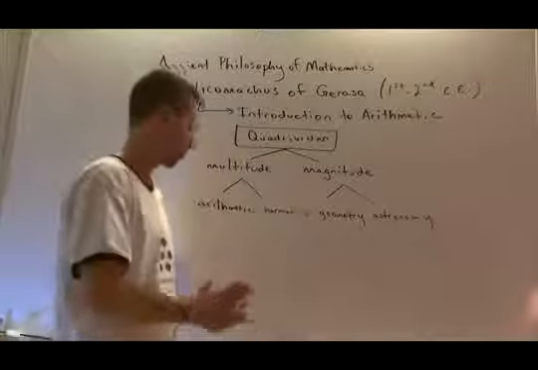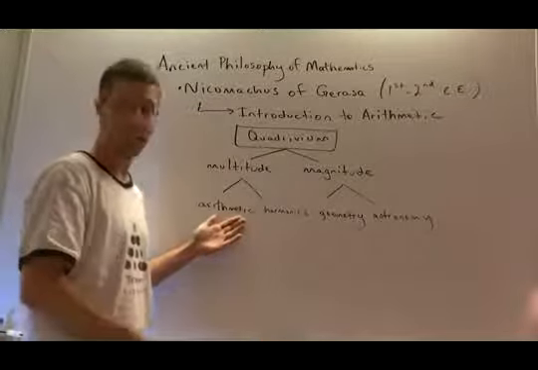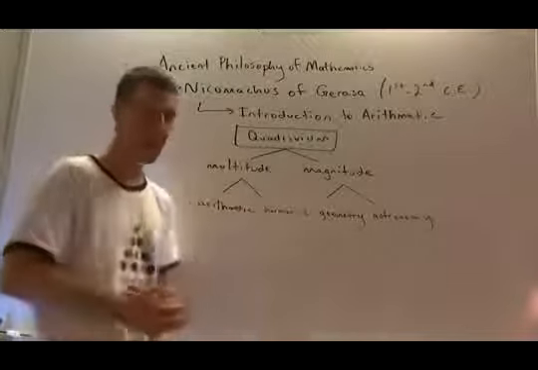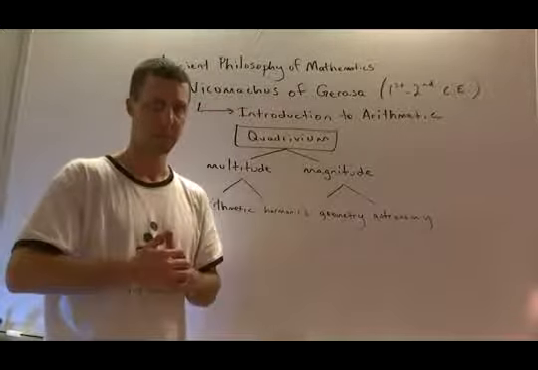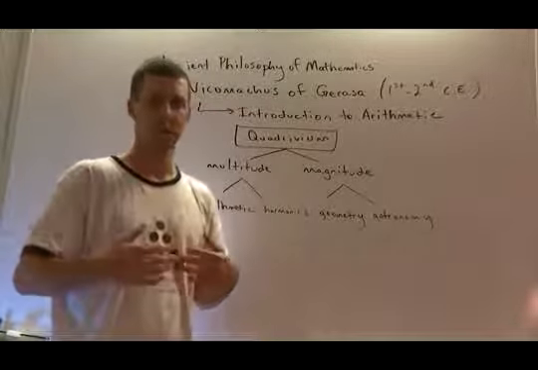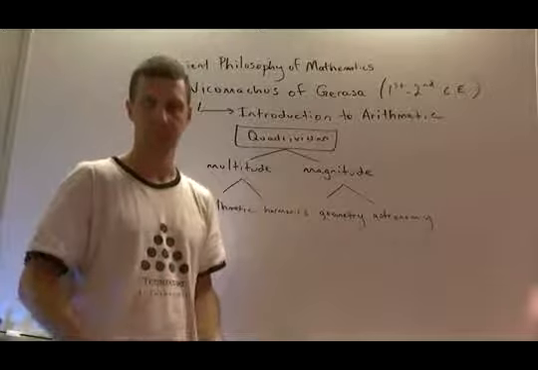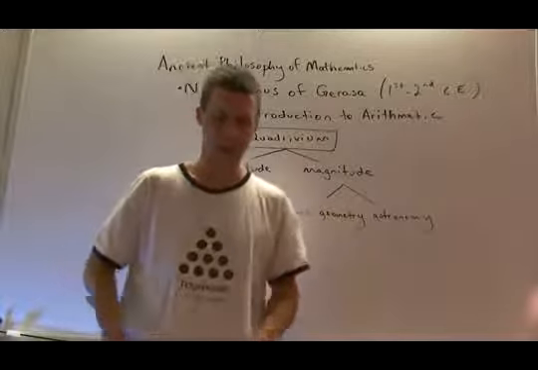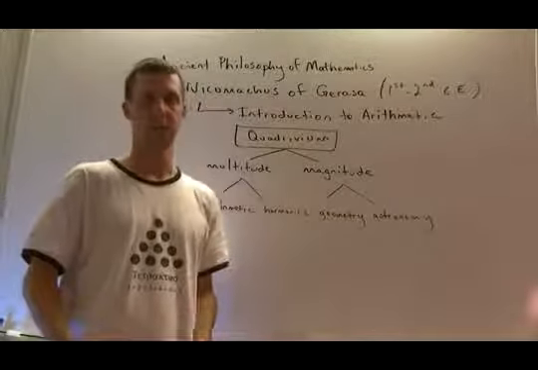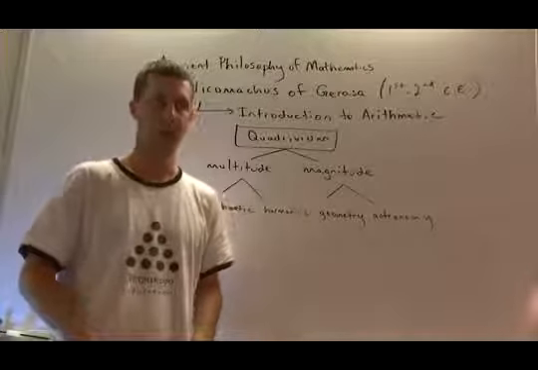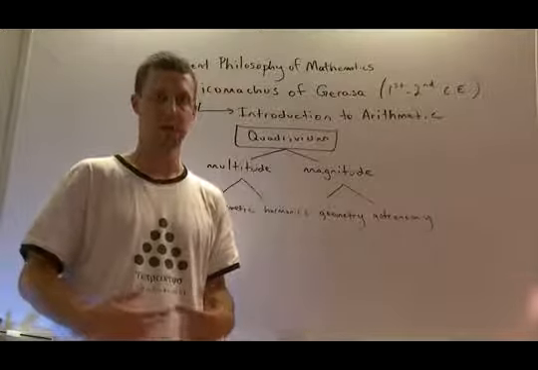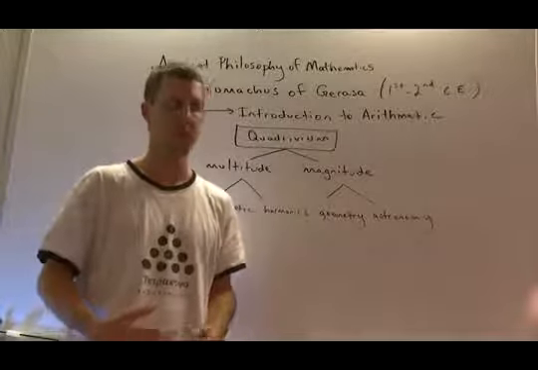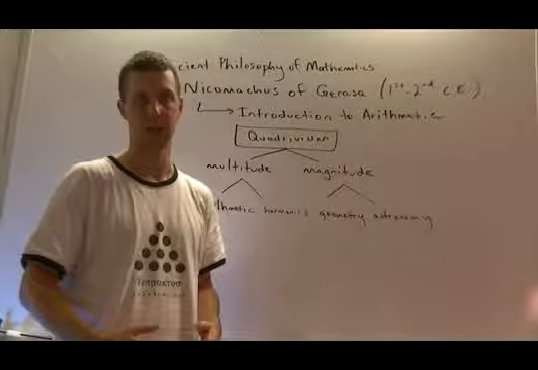So in the next video, we're going to be looking at arithmetic. It is the beginning study in the Quadrivium, and I'm going to be describing the number symbolism of the monad through the decad, which is shown here as the tetractys, and show you how you can begin to meditate with numbers. And I'm going to give the specific meditations you can do, how you can begin to start internalizing these systems of thought.